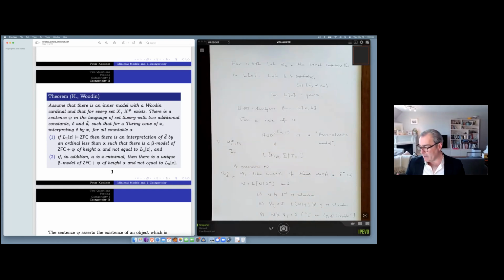And now working in L_alpha of X or L of X and G, we can just say, consider all of the M1-like models that are countable, and then we can do things like simultaneously compare them. And when we do, we're going to get a model. L_alpha of X is going to be able to track the iteration strategy that's outside in V for a while. And we're going to get a model which has a Woodin and which is M1-like and has the feature that now it's definable, it's ordinal definable.